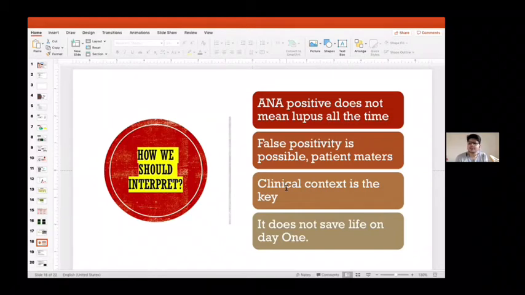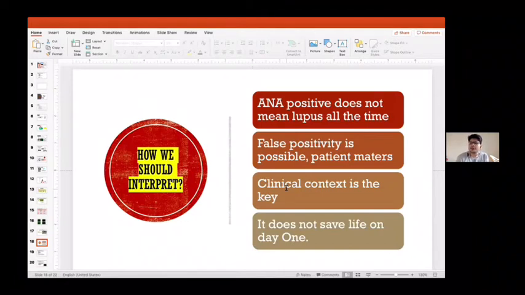Now the same example of mine. Today someone comes and tells me that we are opening a new lab and we are providing free test for everyone for ANA. So I give my serum. Okay, I'm a Gujarati fellow, let me save my money. So I give this test. Let me you do my ANA and you come back to me with report.